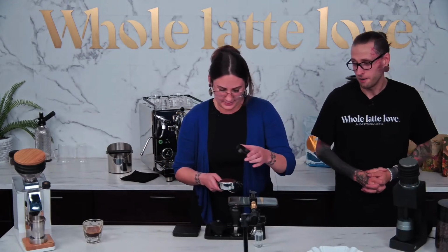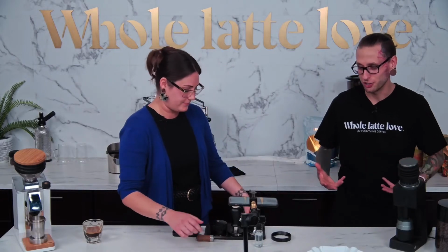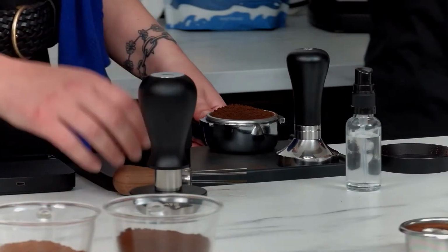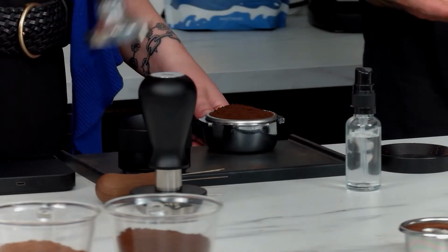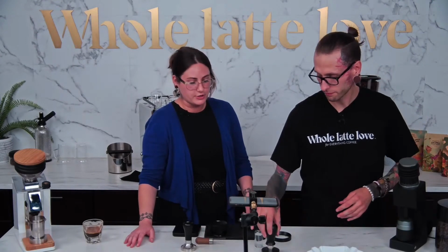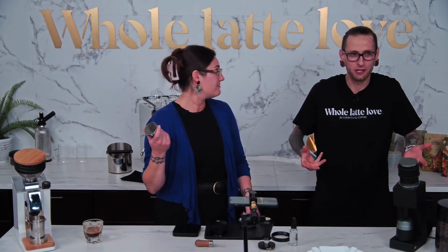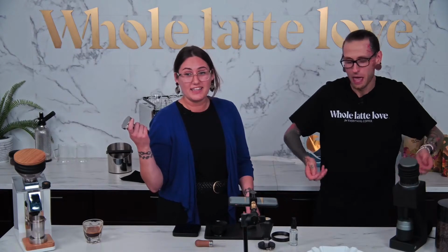Yeah, absolutely. So we'll hear people talking about amounts of pressure to use when tamping. How much pressure do we use when tamping? When using the tamper, we want it to be between 25 to 30 pounds of pressure. That's going to be our pressure regulated. But it's really hard to tell sometimes with a traditional tamper. Right. I don't know what 25 or 30 pounds of pressure is by weight. I don't really know how to quantify that when just pushing down on something, unless I'm pushing onto a scale, I guess. So what else can we do to make sure that we're giving it a good amount of